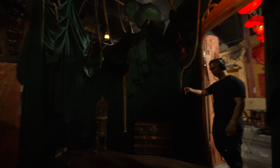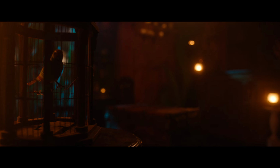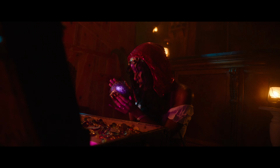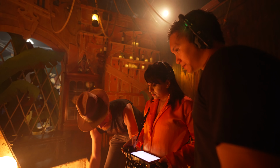The next scene I want to talk about is with our gypsy character in this little shack. The idea was that she would walk up, open the treasure chest, and we did the cliche opening a box with something magical inside gag, but I didn't want it to feel too on the nose, so we used 2 Dash lights on the far side of the chest to give a little bit more shape to the face